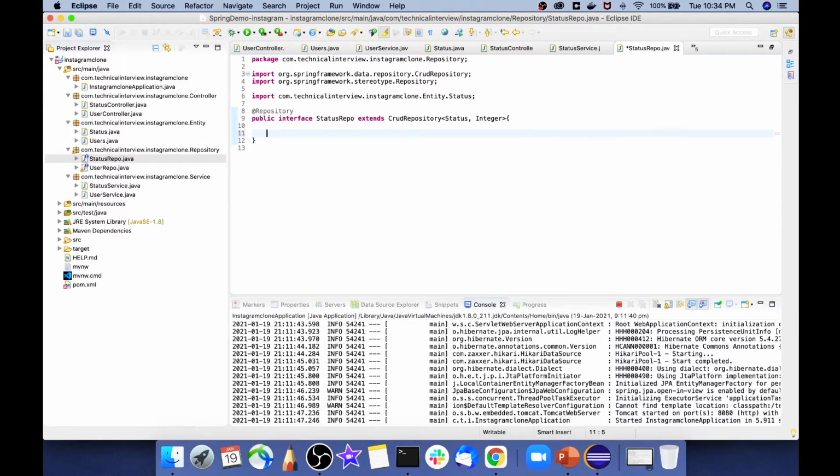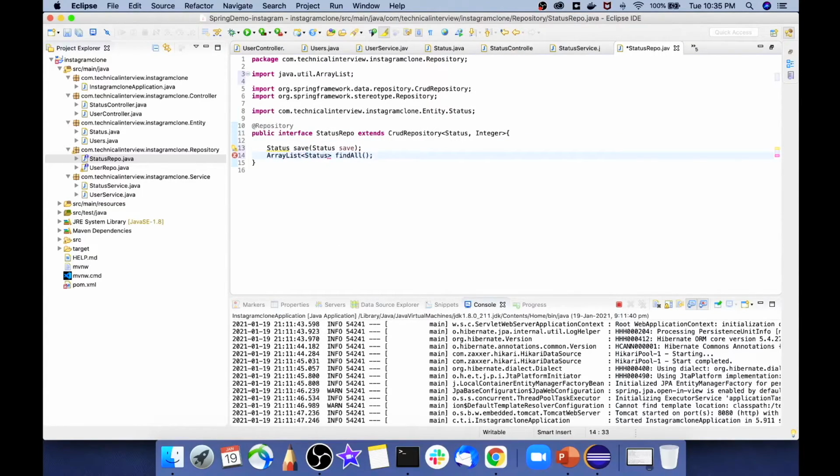The first one is to submit the data to the database, and for that we will be invoking the function that is save. The next one is to retrieve the value from the DB, and for that we will be invoking the method that is find all. So we are done with our repo class.